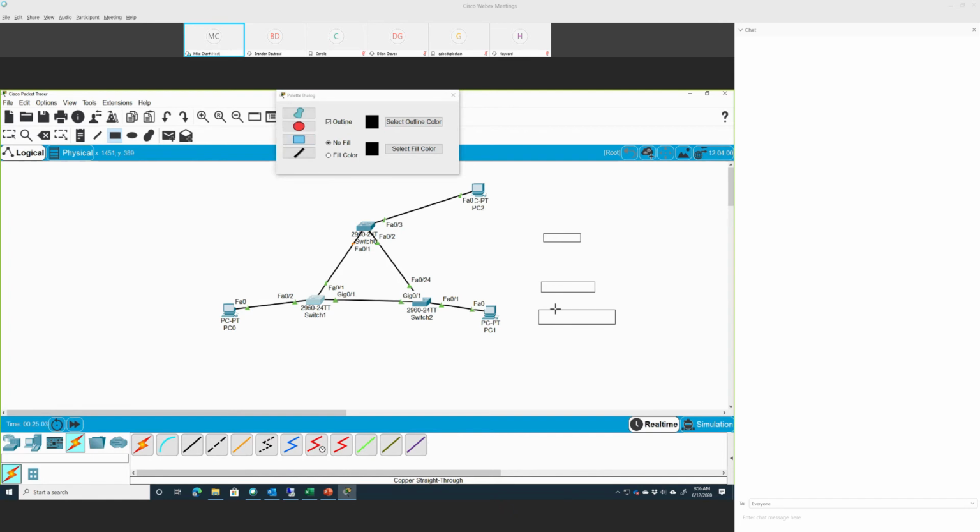The minute this guy does not receive any signal, they assume something is wrong with this link, therefore they right away open it up. And this is basically what we call a bridge protocol data unit,